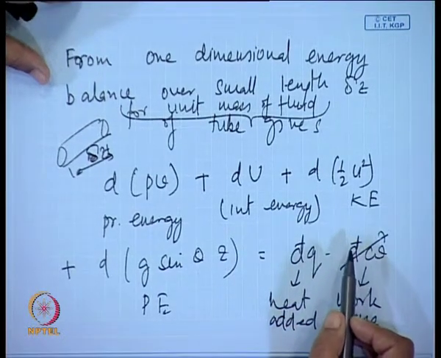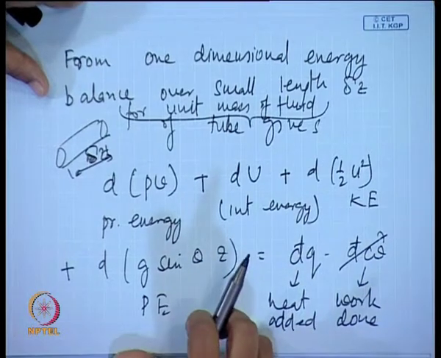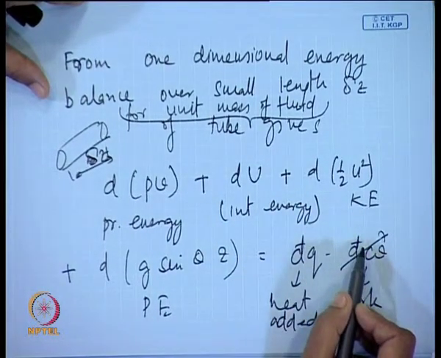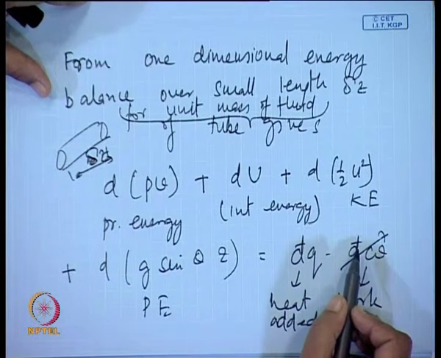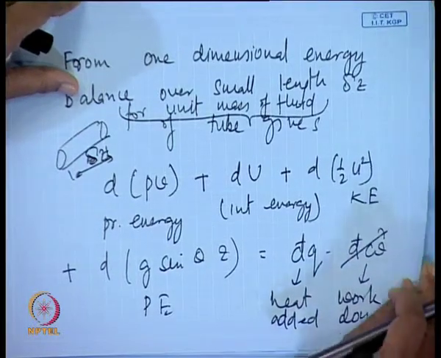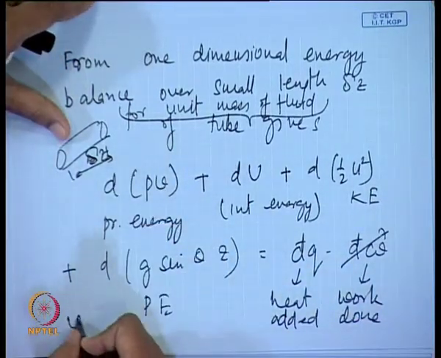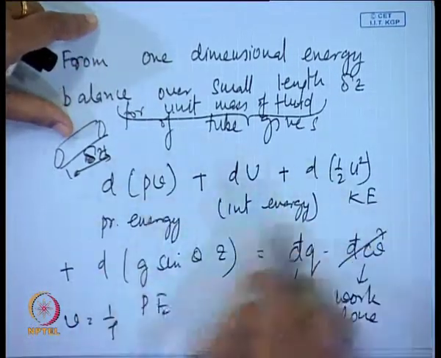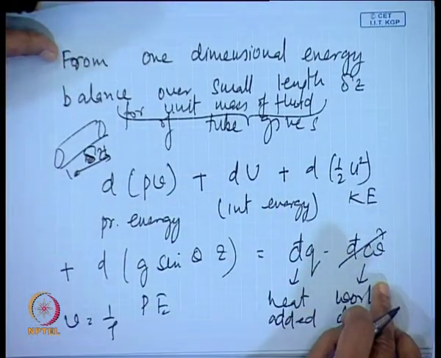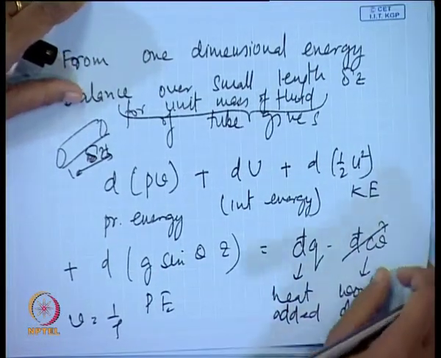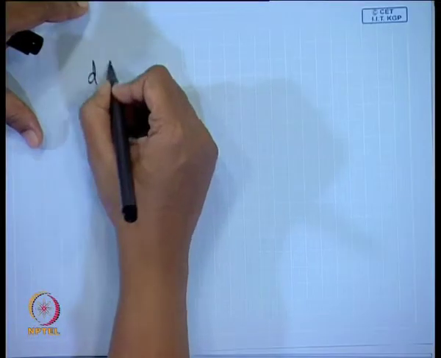Those who have done my thermodynamics class would have understood I am very fussy about differentiating between inexact and exact differentials. So, just note this thing, where this V, as you know, is nothing but equal to 1 by rho. So, this is the total energy balance equation which you can write down for a single phase flow situation. Now, here we know what is this du, the internal energy.